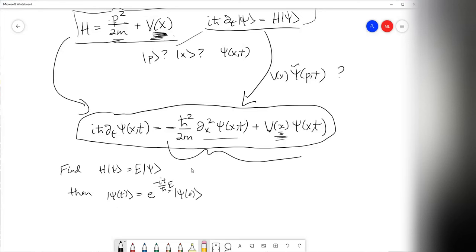And so a lot of times in undergraduate quantum, and we'll do this too, you spend time looking for those eigenstates of the